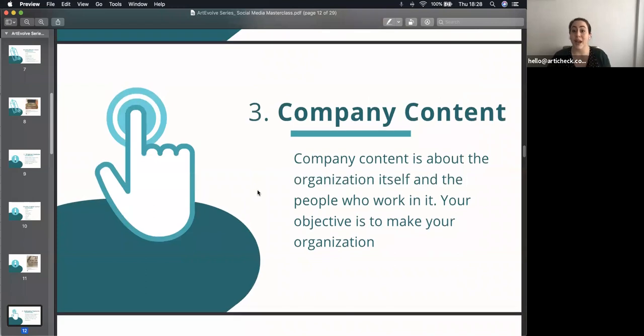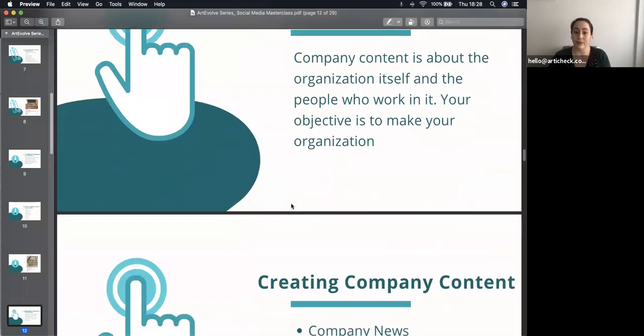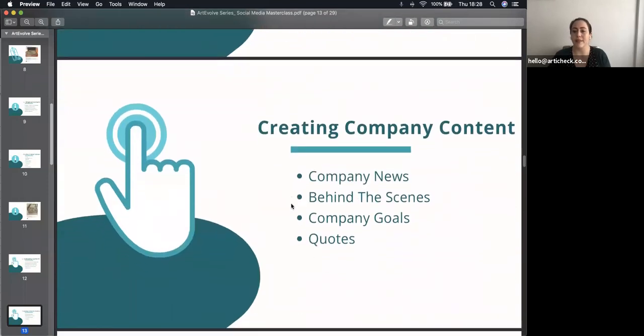Okay, number 3 is company content. Company content is about the organization itself and the people who work in it, and your objective, oh, this got cut off, I apologize. Your objective is to make your organization relatable. Okay, so creating company content. This is company news, behind the scenes, company goals, quotes from founders, from